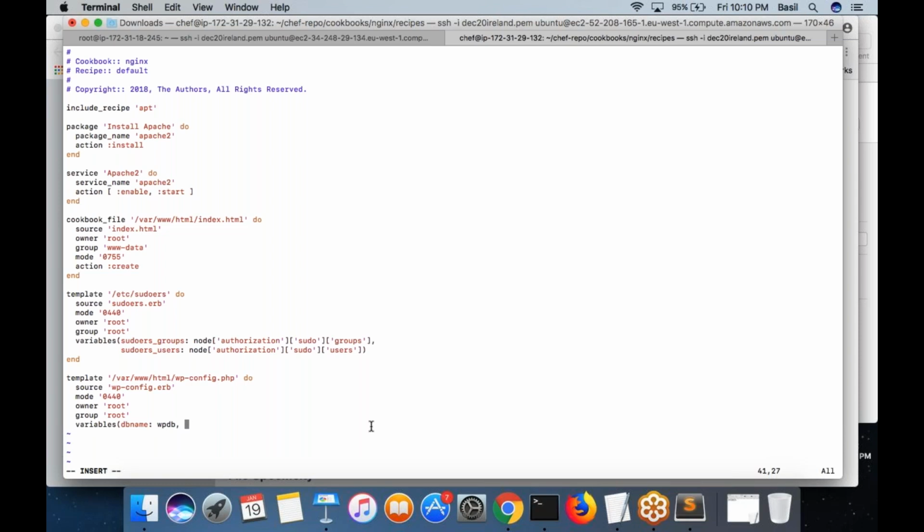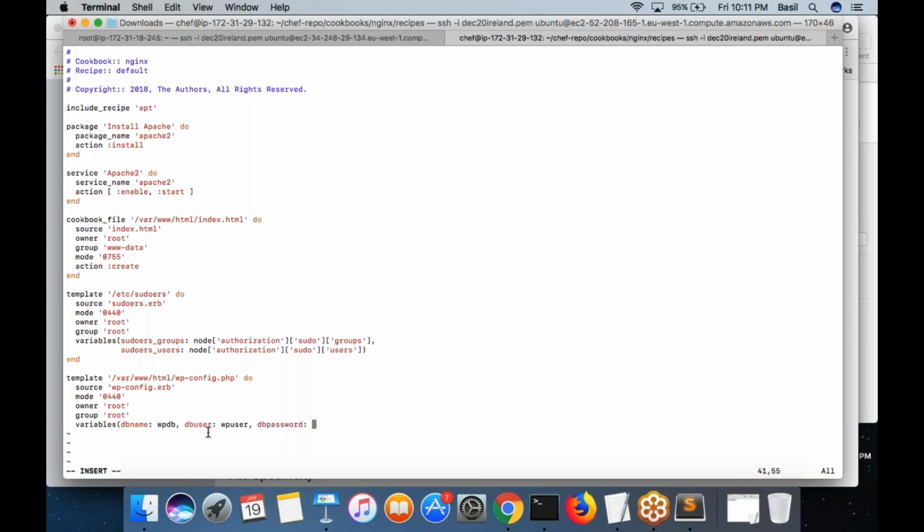Then I want to put db_user is equal to the username, wp user, whatever user you want to put for your database. Always put these things as attributes. It's not the recommended way to hard code the actual values in the recipes. Always create them as attributes. That's the best idea.